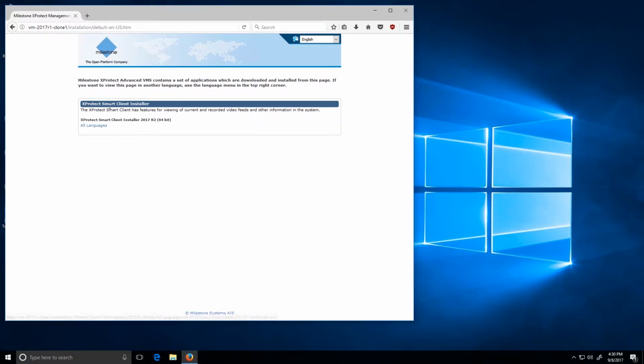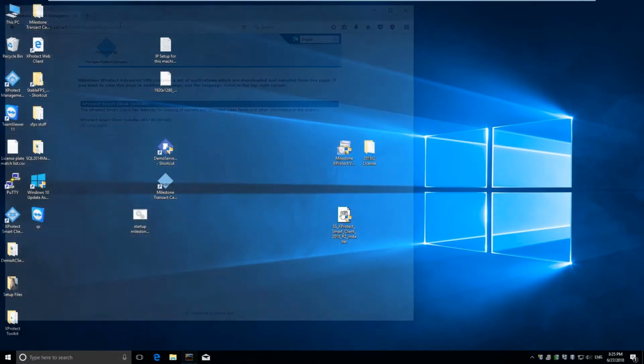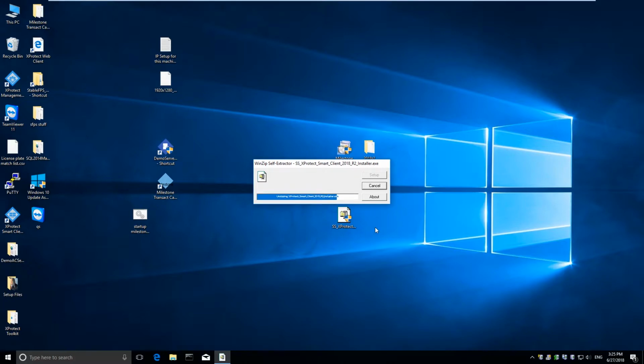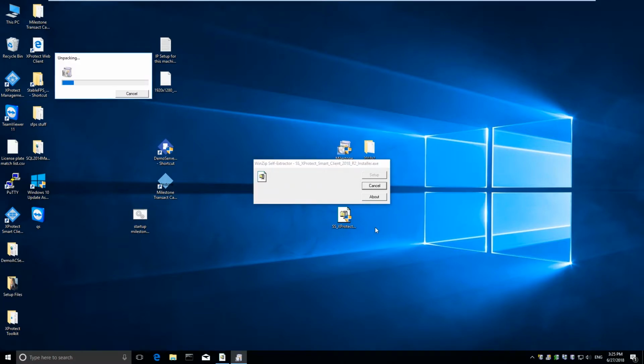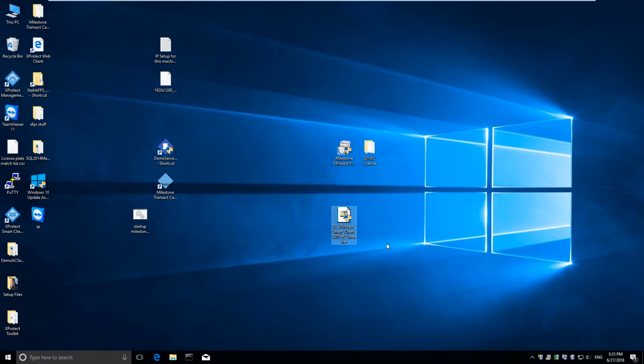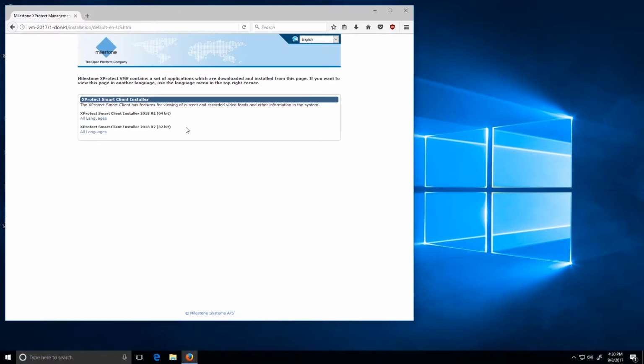The resulting screen is where you can quickly download the Smart Client software right from your server. If you have a lot of computers that still need the 32-bit version of the Smart Client software, you can download and install the server-side 32-bit client onto the management server. Once that's installed, you'll see that version in the list here as well.